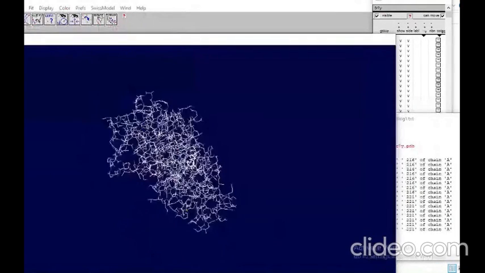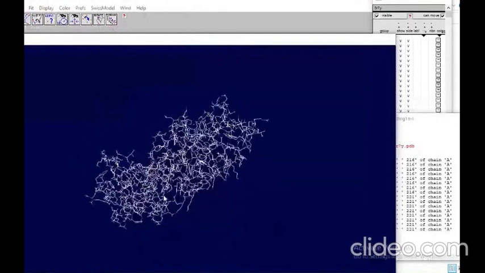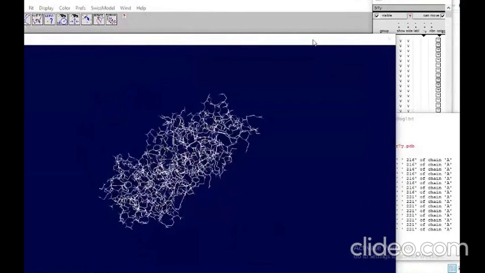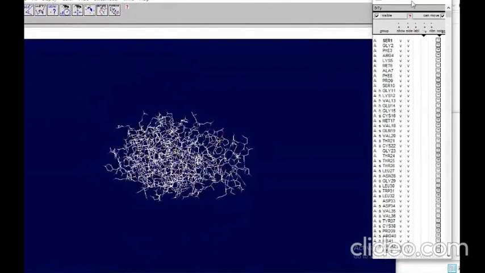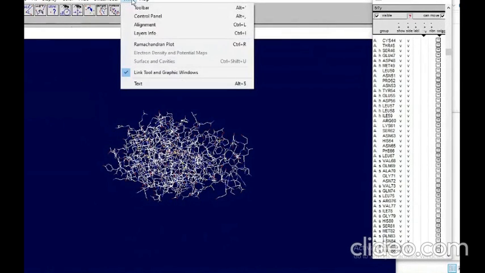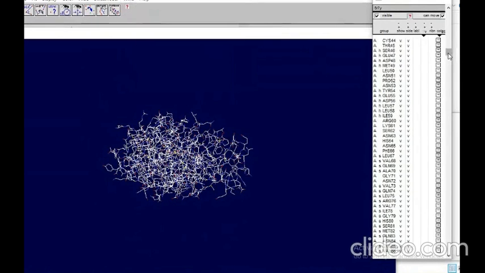If you rotate it, you can see where it is and how it is binding. All these things can be seen here. When you see the control panel, this is very important. In the Wind option on the tab, if you go down, there will be some amino acids missing, up to valine and threonine.